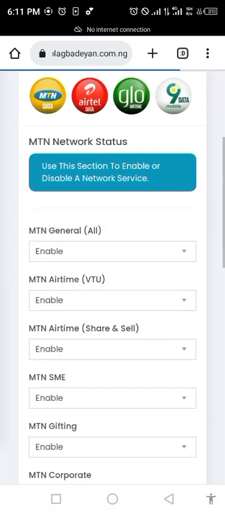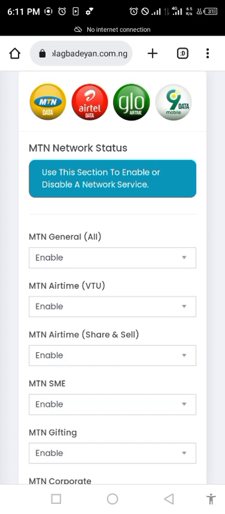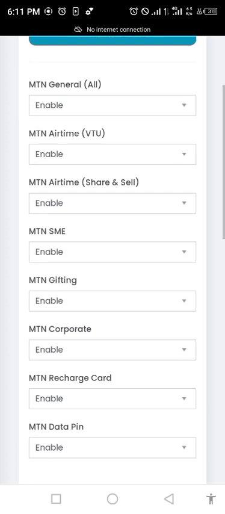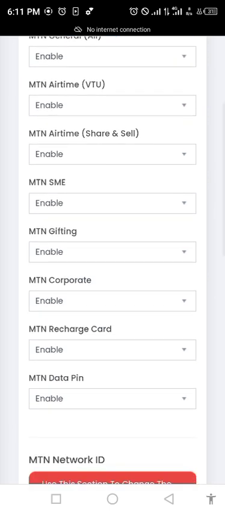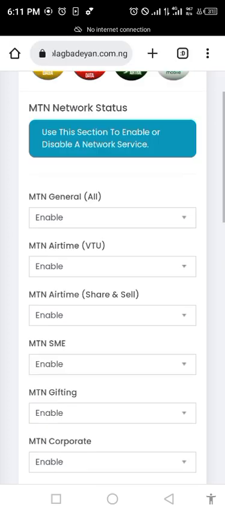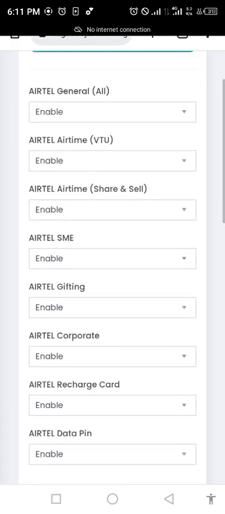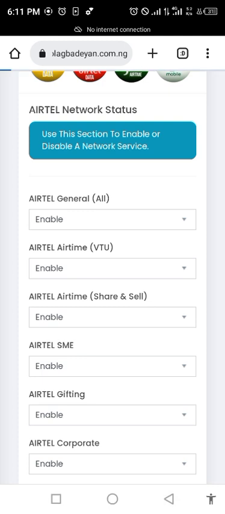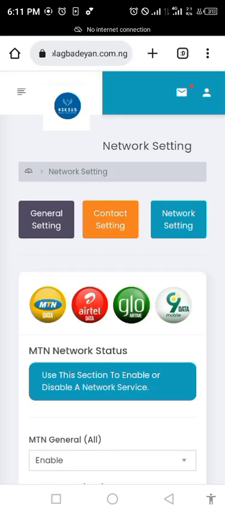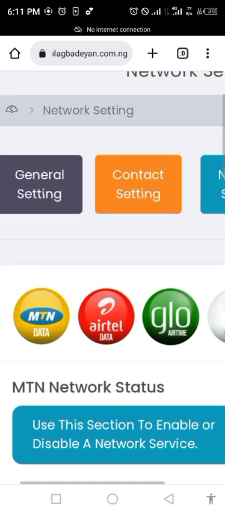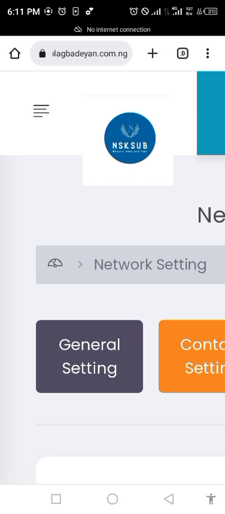All right, any service you want to disable, maybe it's not functioning, it's not okay from the source, and you want to quickly disable it, you can disable it here. You can disable MTN generally, or MTN airtime, MTN share and sell, MTN SME. You can disable Airtel and the rest like that. So that's where you control which service you want to have working or disabled. That's under site settings. So now let's go to